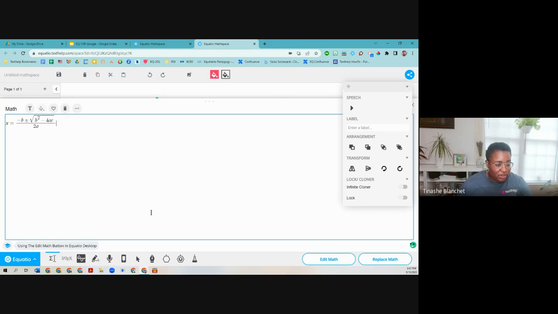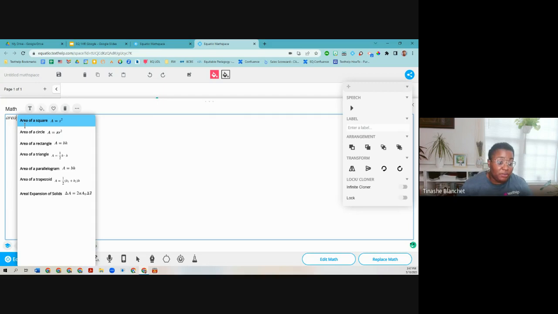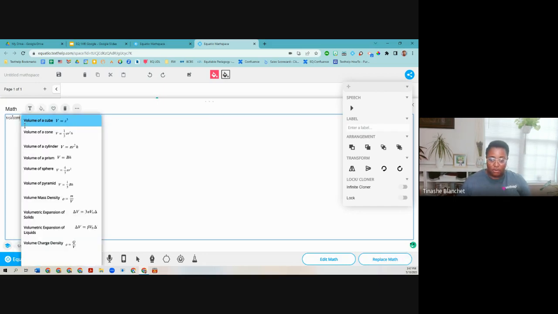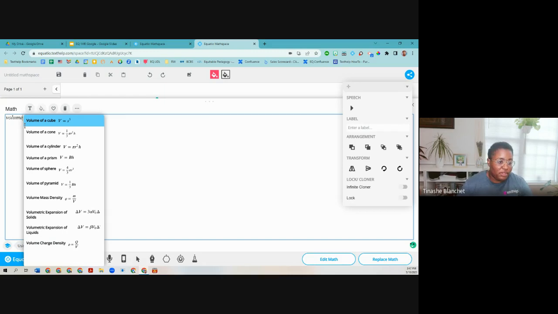Does that sound familiar? So for those students, rather than having to generate a formula sheet, if they have access to prediction, they can just type in the name of the formula that they need, and it will automatically show up. So let's say that they're learning about area and volume, another elementary level topic, right? So when I type in the word area, look at all of the area formulas that are showing up for me. If I type in the word volume, right? All of those volume formulas are coming up for me as well. So this is also a really powerful feature that we have built in.